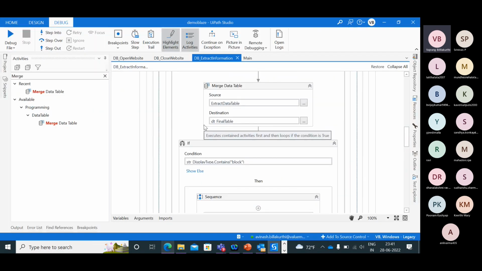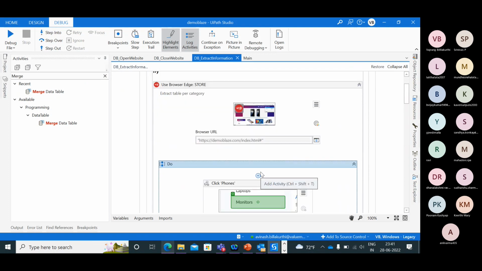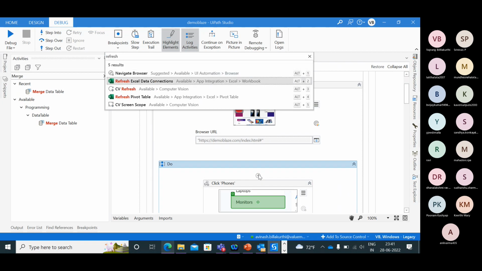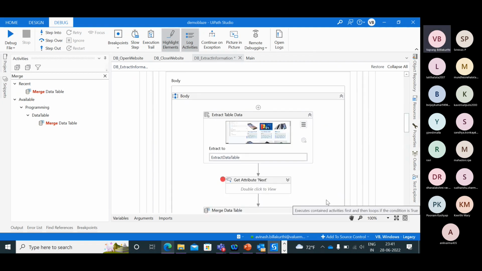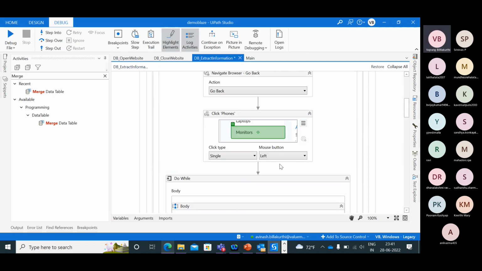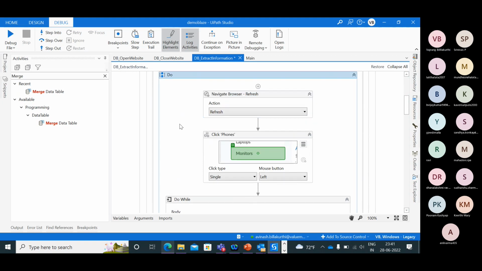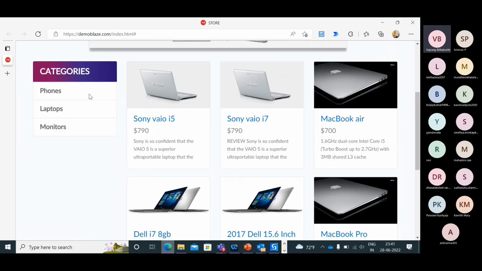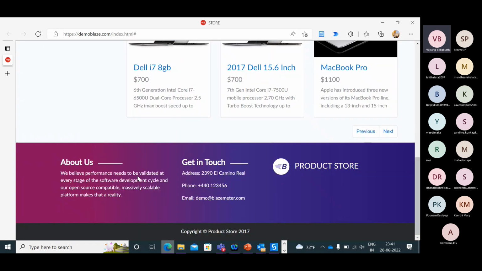So what I'll do, I'll just use a refresh button on the top. Navigate browser. So refresh is not available now. We need to use the navigate tool. And then we can just go and select refresh. So if I hit on refresh, it will get this. So this is laptops. Laptops have the value.